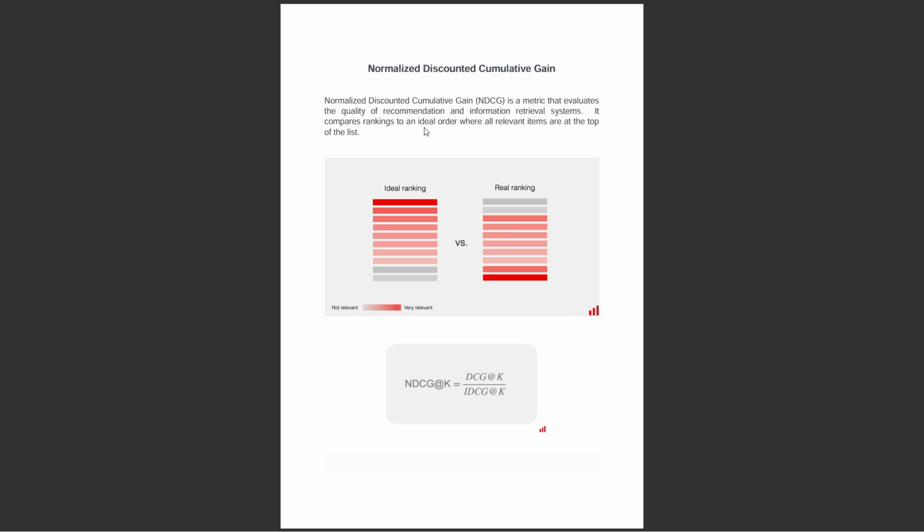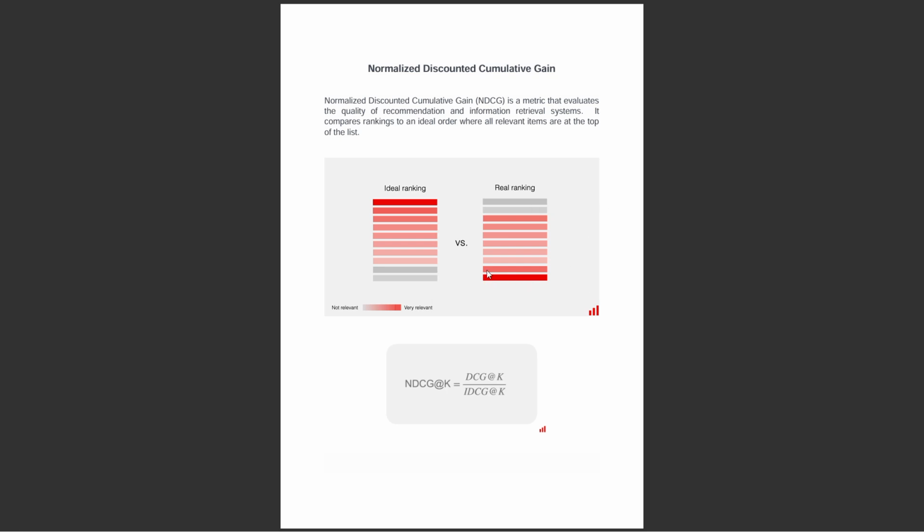From this paragraph, what I am able to understand is that this is the ideal ranking. You are able to see in the current slide that this is the ideal ranking. Ideal ranking in the sense that here you are able to see the indications: not relevant are grayed out and relevant are marked with red. Versus the real ranking, how is it going to happen? This is the ideal one and this is the real one. What is happening means first are the grade 1 and then coming down we are going to find the